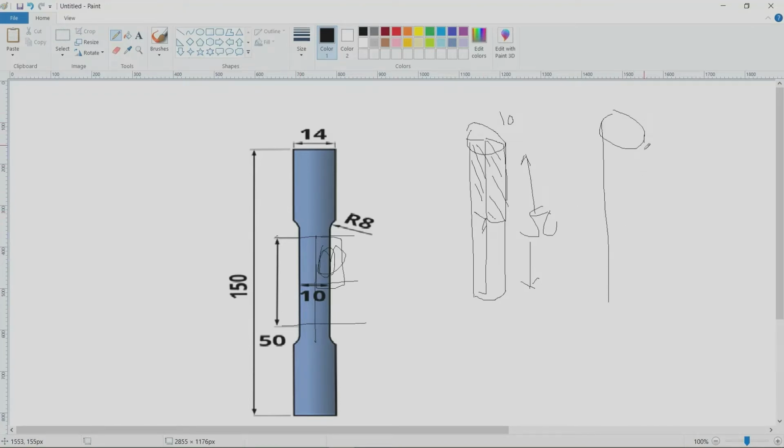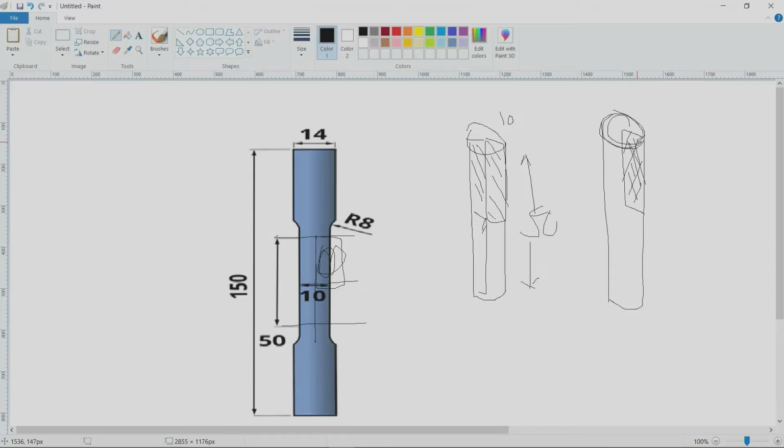As I have told you, we are going to use symmetry. The smaller the section, the smaller the simulation time. So we are going to simulate only this area, and it will be axisymmetric, meaning it will rotate.